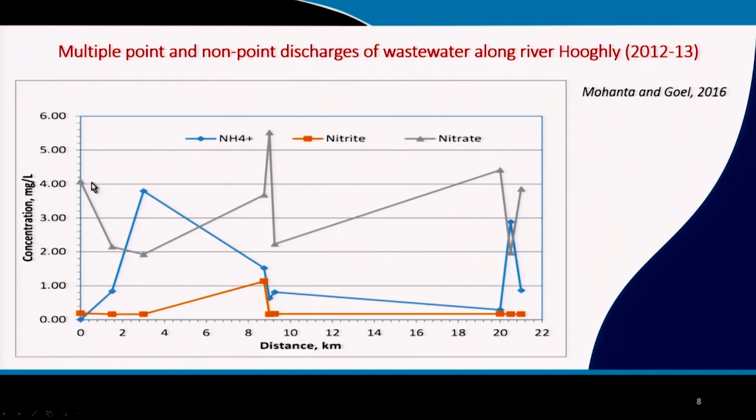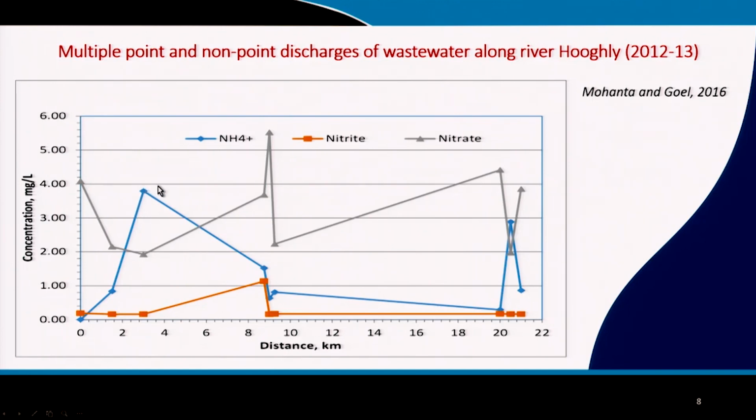So here you can see for nitrate. Now nitrate is a very interesting case on this particular graph because you have a fairly high nitrate concentration to begin with. Now if nitrate were coming only from municipal wastewater discharges, then it should have been 0, but it's not, and that is indicative of the fact that the fertilizer application to the fields north of these two cities has probably contributed to the high level of nitrate right in the beginning. That has declined probably by sedimentation and precipitation and so on, and there is another peak followed by